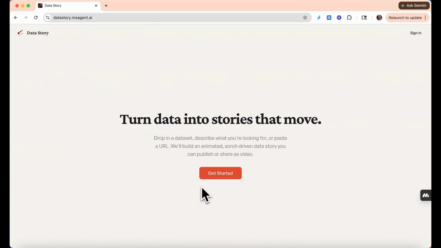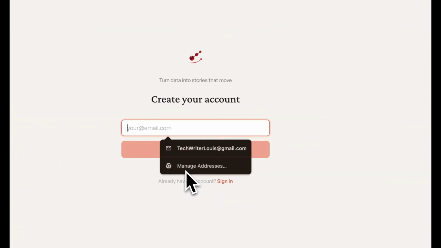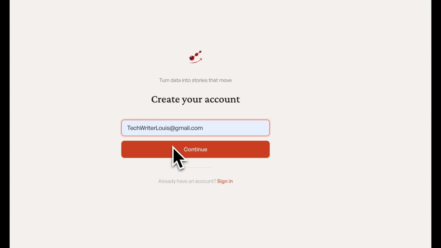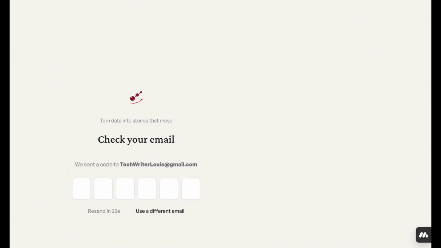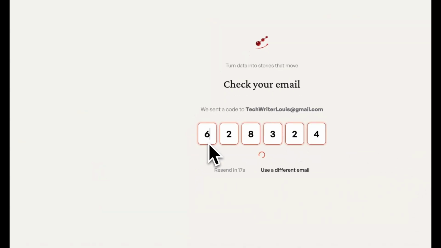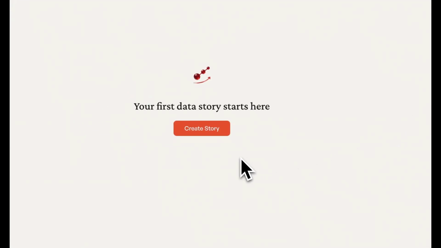This is the landing page that we're looking at when you very first come to this app and you don't have an account. So I'm going to sign in to create my account, and it's asking me to verify myself. So it's sending me a 6-digit code to my email address, and I will copy that code from my email and paste it here. So now that it's verified me, it's created my account,